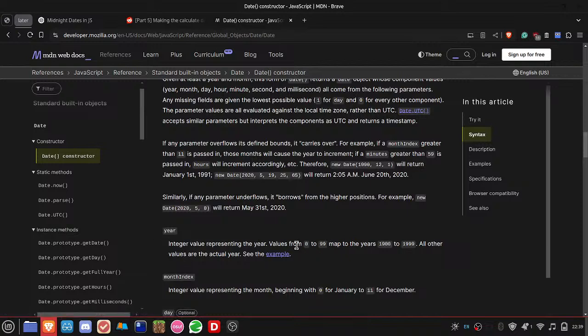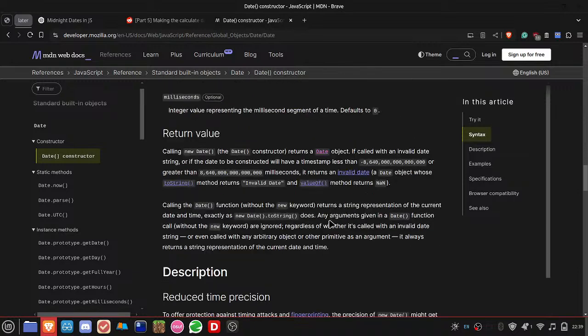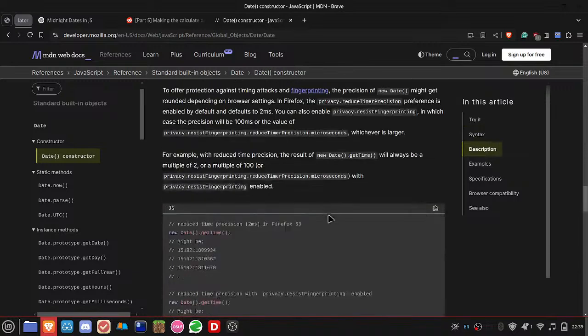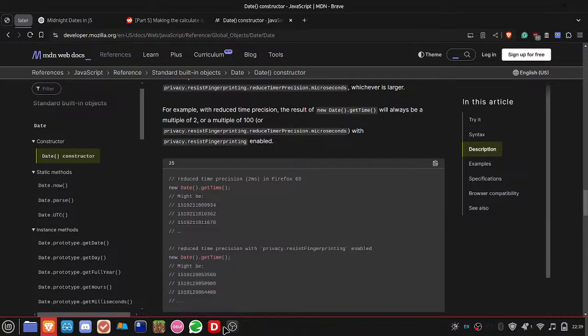0 to 99 map to the years 1900 to 1999, all other values are the actual year. Why JavaScript? Why do you do this to me? What is the purpose? This is just so confusing. JavaScript is so confusing. Why is it so confusing? Anyway,